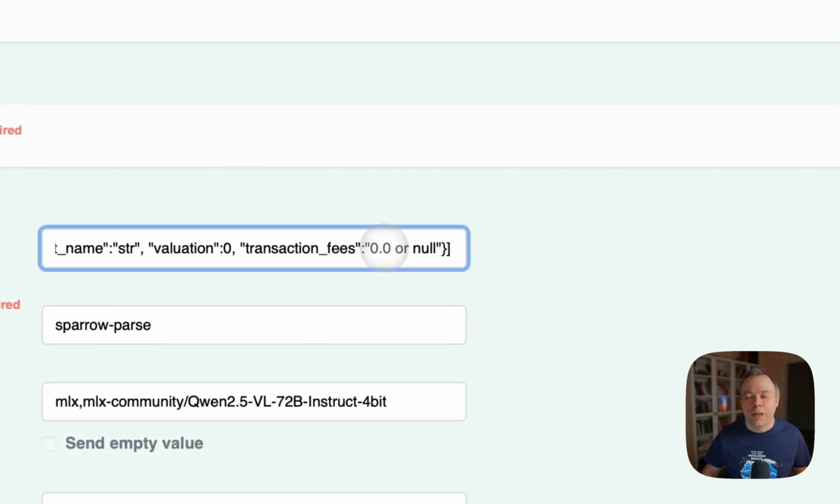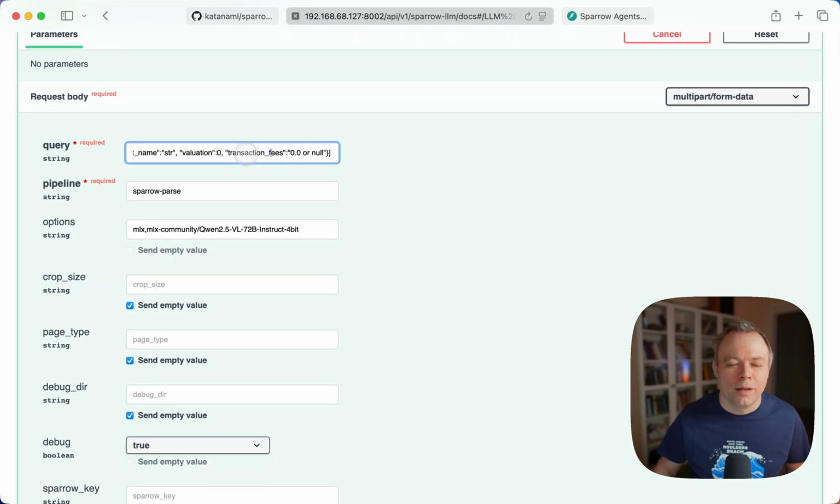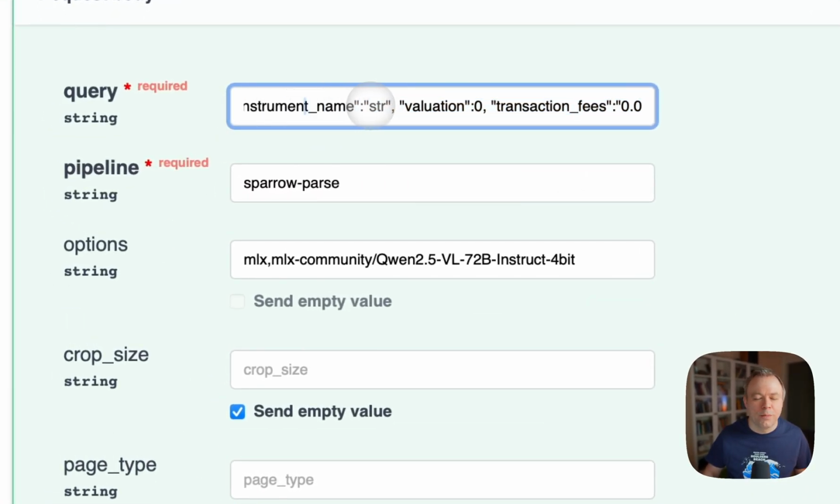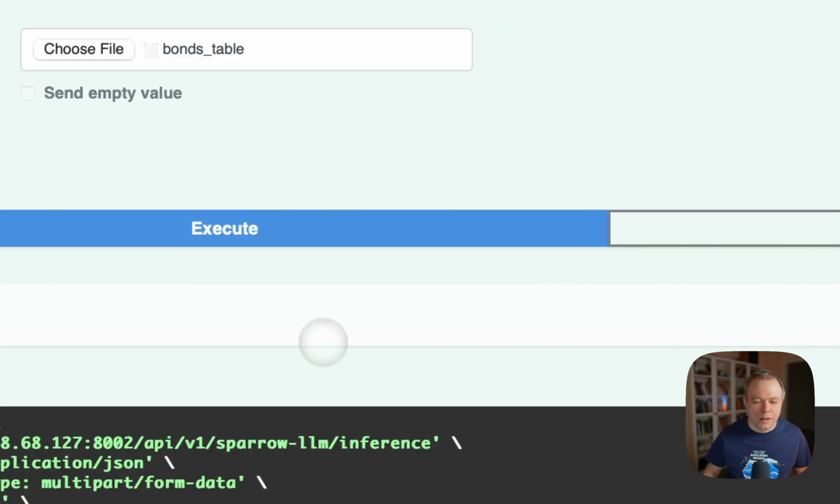And with Sparrow, to make it work, we specify a hint, and we help Vision LLM to produce correct empty response in this case if the field does not exist, and we specify the format or type for the response should be float or null. And with this or null, Sparrow will prepare the prompt in such a way that it will instruct Qwen2.5 Vision LLM to produce empty response in case this field was not found. Because for valuation, we certainly know that valuation is in the document, so we just specify this is the integer, and instrument name, it's a string. And then if we execute this,